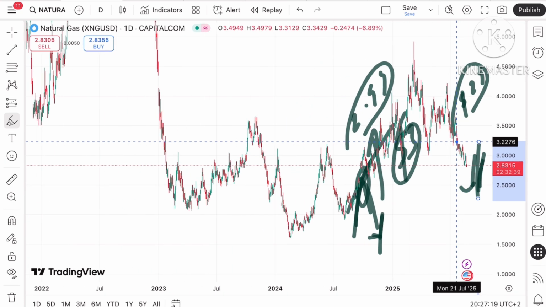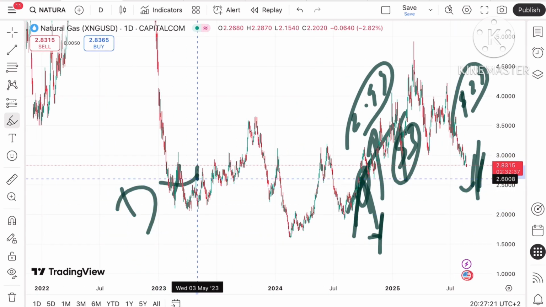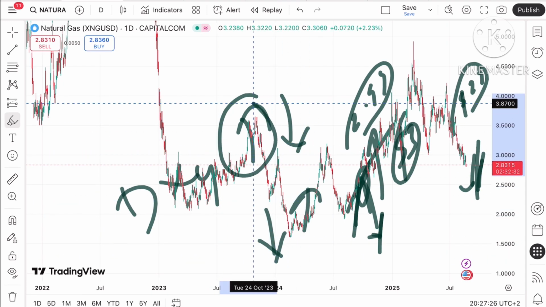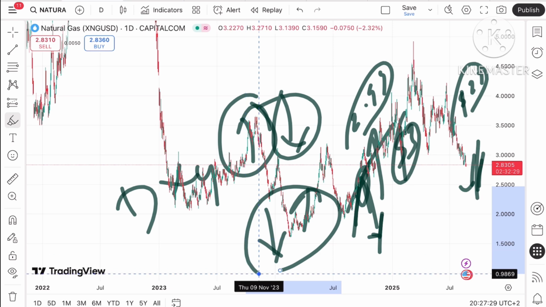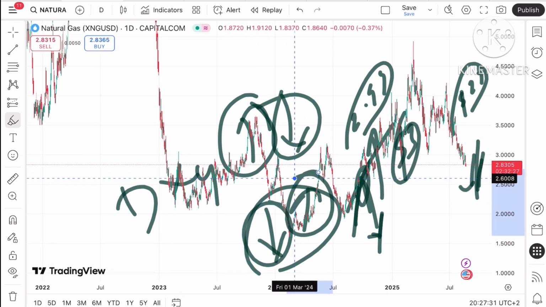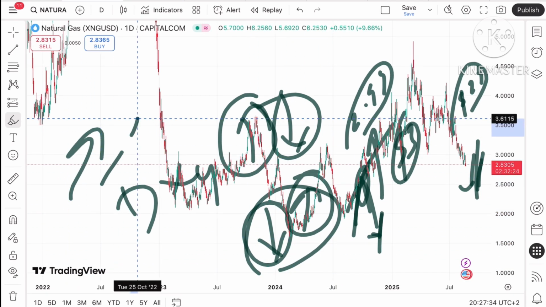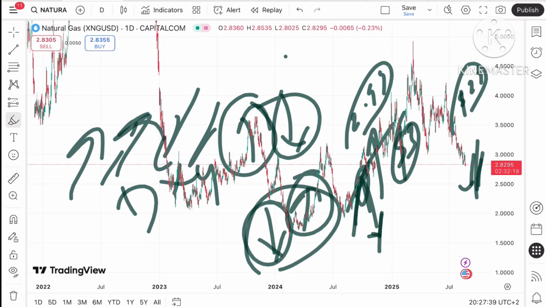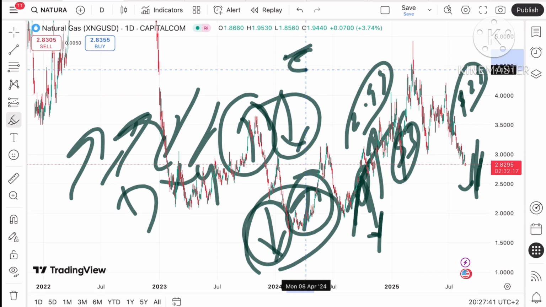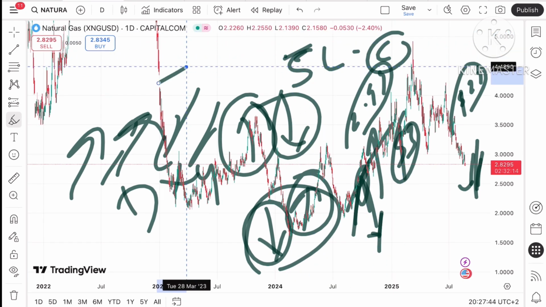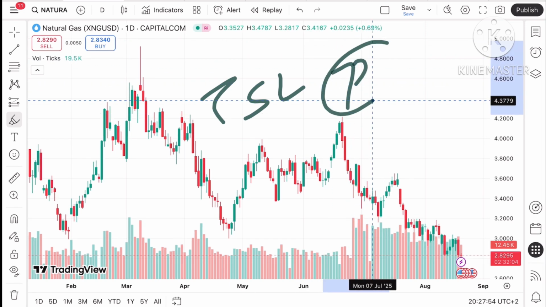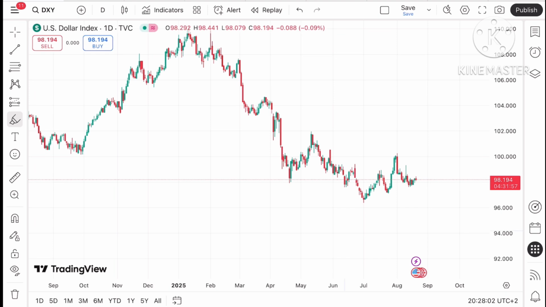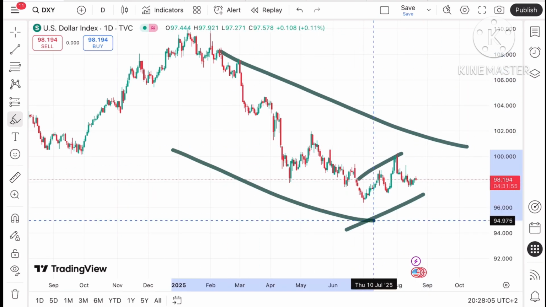Now let's see how the dollar index is moving, because the dollar index is inversely related to natural gas. When it rises, the natural gas price comes down, and when it goes down, the natural gas price goes up. But sometimes they both move in the same direction. In that case, whenever you start your trade, put your SL, so your capital will be safe, and once you are in profit, try to trail it so your profit will be safe.